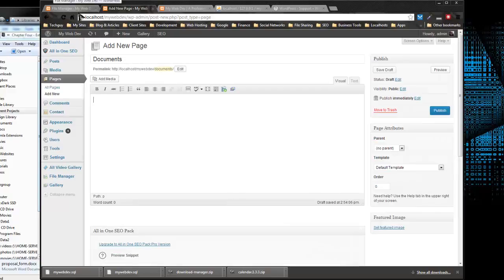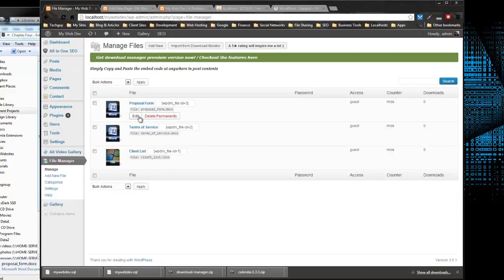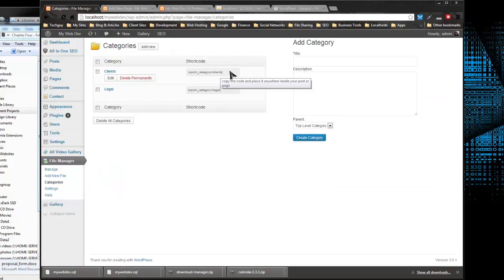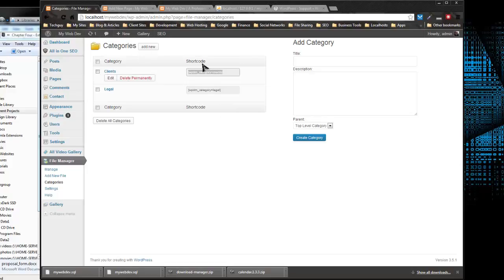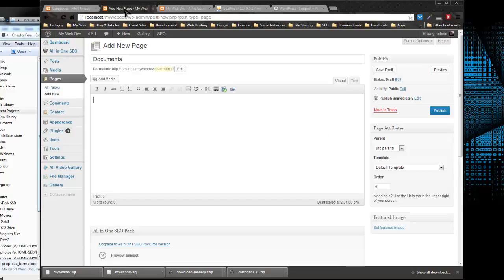And in this page, I'm going to go to Categories, and let's just experiment with this and see what each shortcode does. So if I grab the Category for Clients shortcode, paste that in,